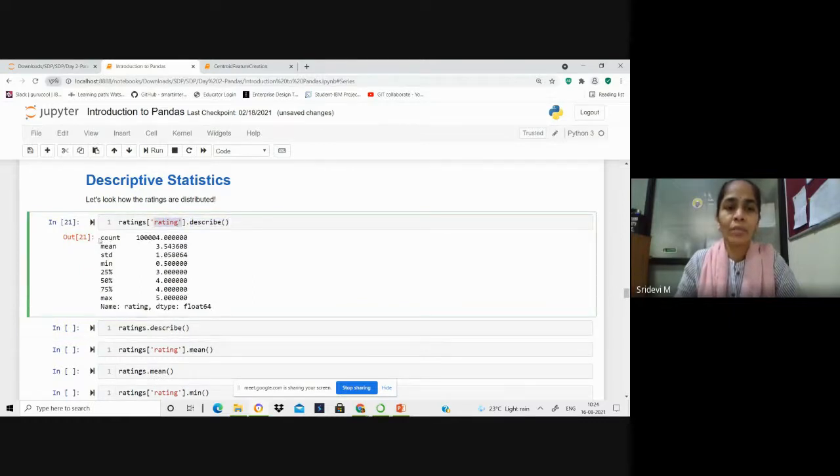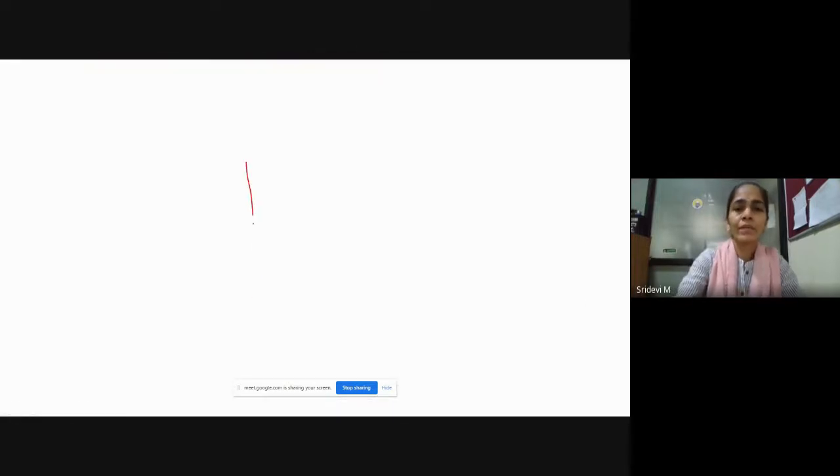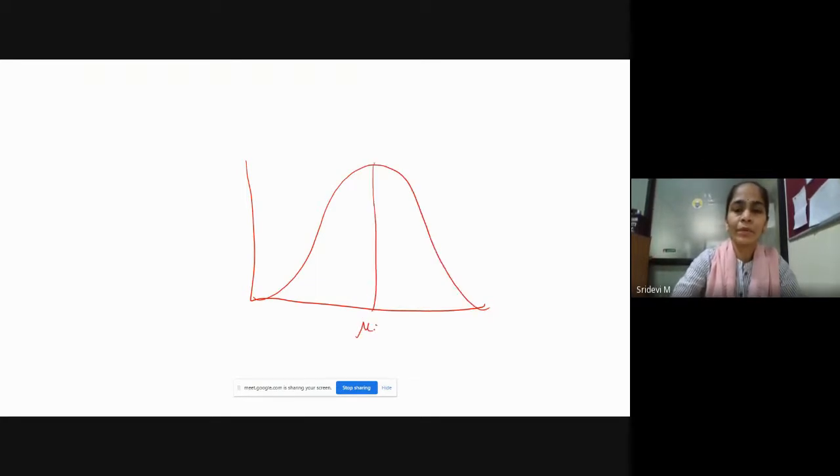So it gives total how many values are there in the column. In this ratings table, 1 lakh 4 values are available, and mean of all those values is 3.54. And the standard deviation means, when you take it as a normal distribution curve and you take the mean in the middle, say mu is equal to 3.5, now the standard deviation will mention plus or minus from this mean value.